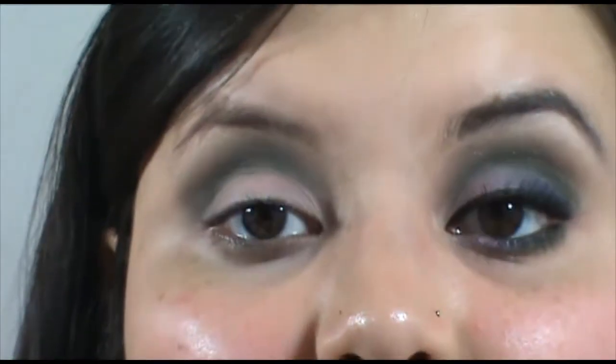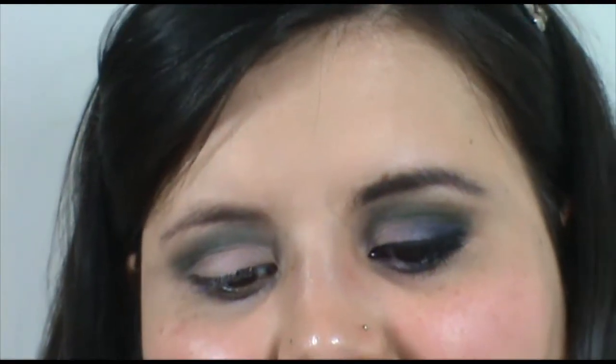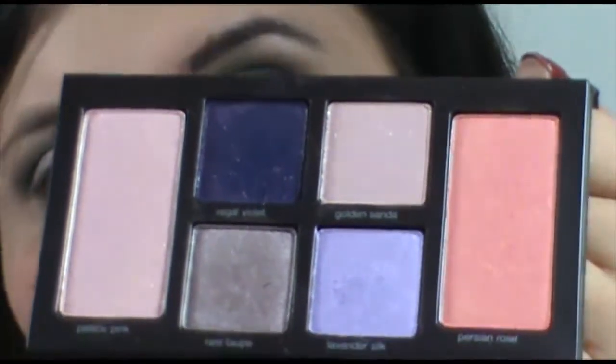So your eyes should look like this at this point. Now here's where the color really gets packed on. You're going to take your Laura Mercier palette. Mine's dirty, sorry. This is one of the things I disliked about this palette, the texture of the packaging, because it gets dirty. You're going to go in with your palette from Laura Mercier, and you're going to take this color called